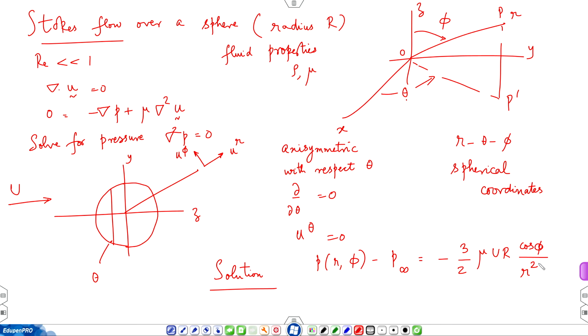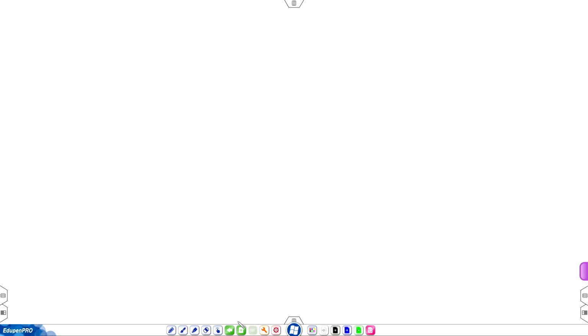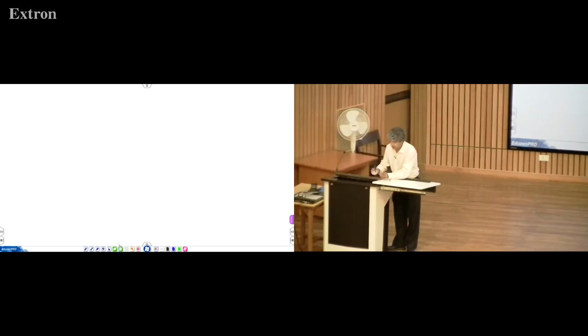This is the solution for pressure. Similarly, you can get the solution for velocity. U r equal to